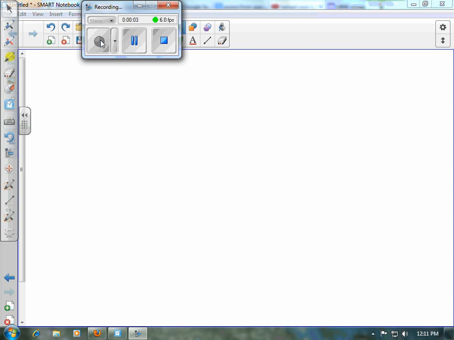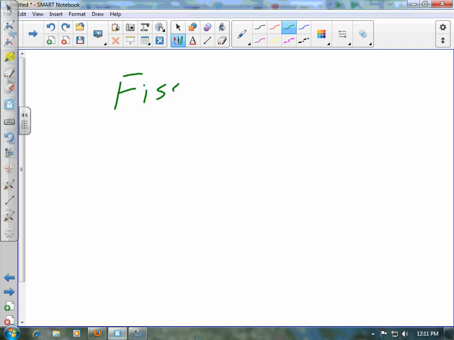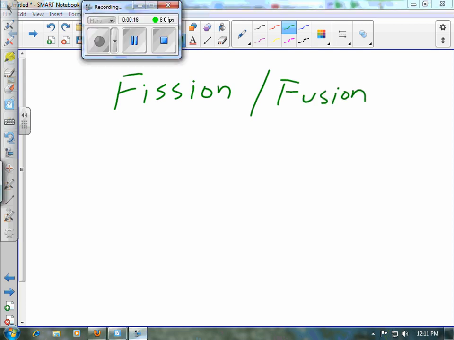Okay, so now we're ready to talk about fission and fusion. The process, as we mentioned earlier, both of these processes occur in nature. They're both really important for different things. And in terms of human technology, the one that's been utilized for making electrical power is fission. And this technology has been around for about 100 years.